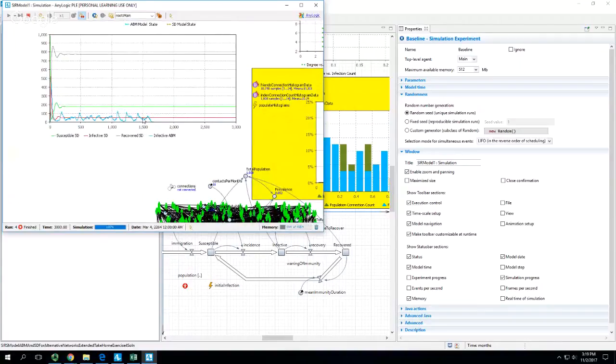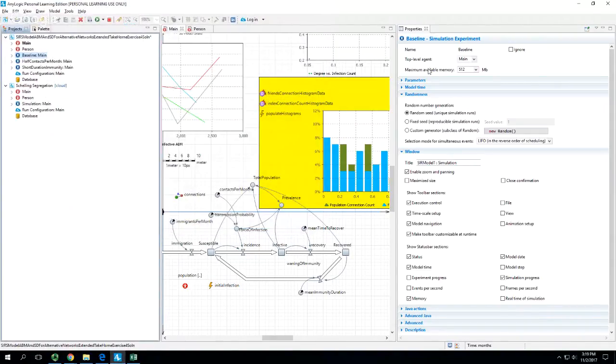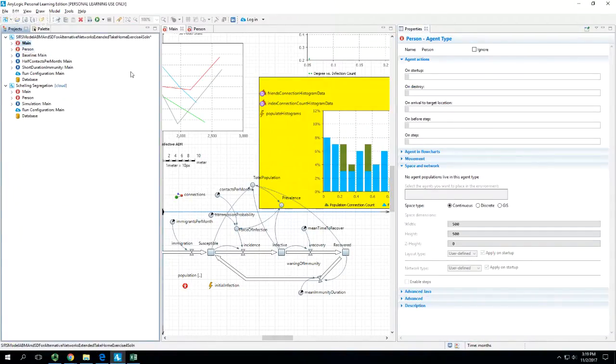Just by chance, by luck of the draw, it went extinct. There were 0 people who were infected at any one time. Maybe some people got recovered early and just not enough people got infected recently, and so it went extinct. Okay, if you tried a different network type, so that's a random one, and that's where it's closest to the system dynamics model. If we tried a different one, let's go try